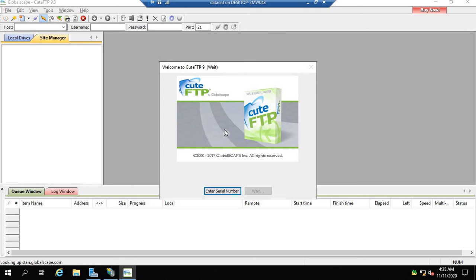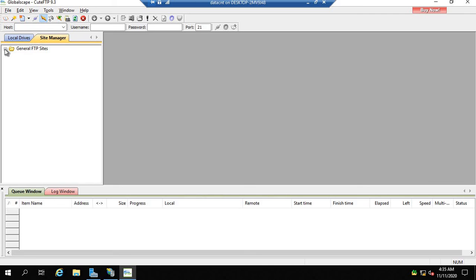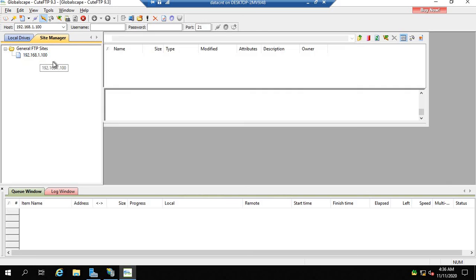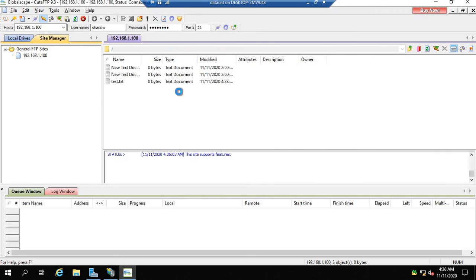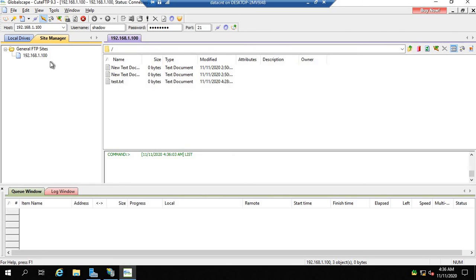It's loading, no worries because it's a trial one. Continue, close. See here, if I go down, the site manager has already loaded. Though host name, username and password are not shown over here, in the site manager the entire things are cached. If I double click without giving my username and password, your FTP server will be authenticated and whatever files are shared are going to be displayed. Double click, done. See here, it's done. But if this device is not secure, what's going to happen?